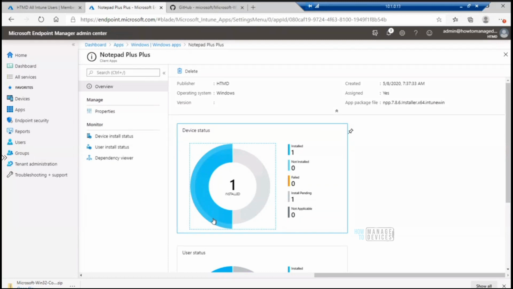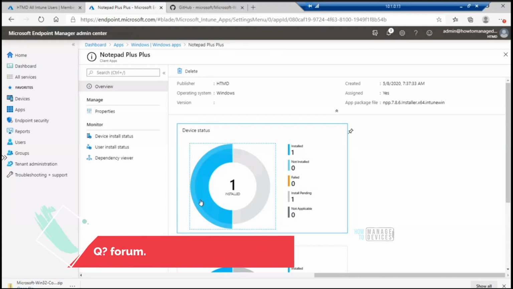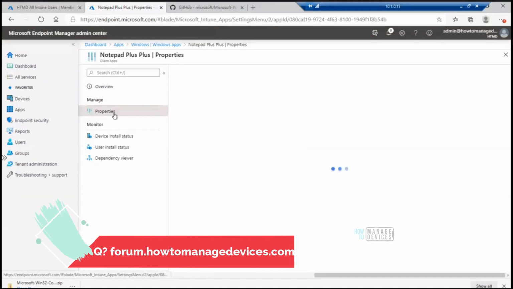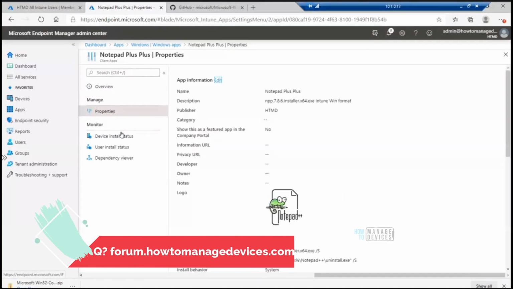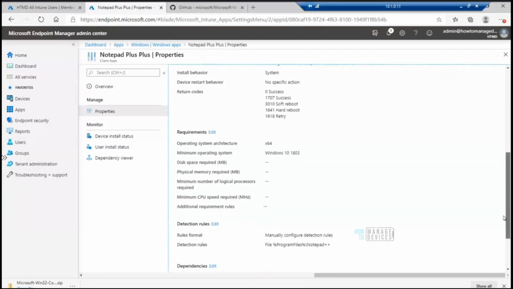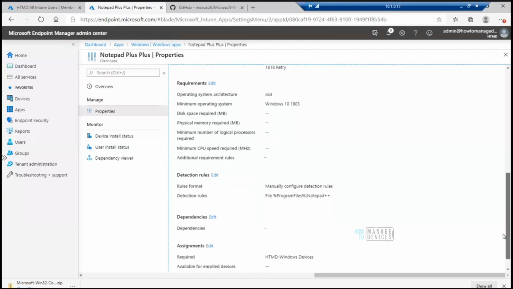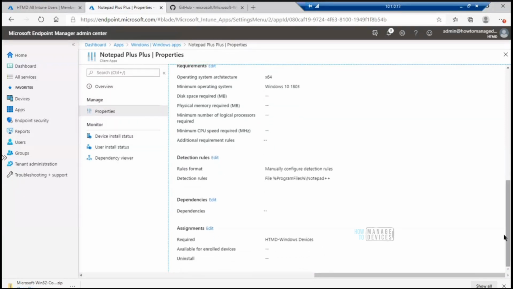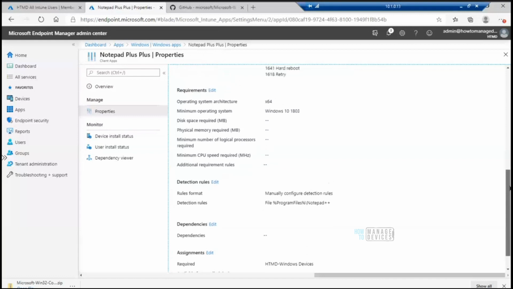Anup, do we have any time limit for the installation? If there is a big application, say around 1 GB, in SCCM we have the time option. If the application time limit is over, we get the status as a timeout in the client. In a similar way, will Intune wait until the application is completed, or is there any time limit to set for that?